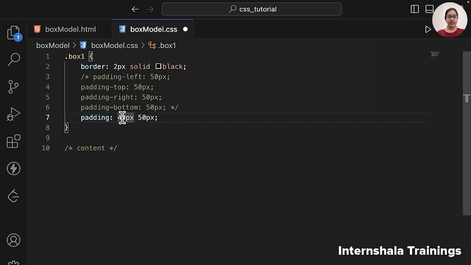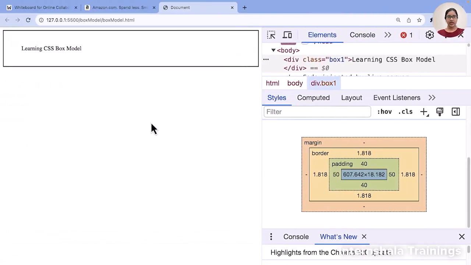So we have 40 pixels for top and bottom and 50 pixels for left and right.